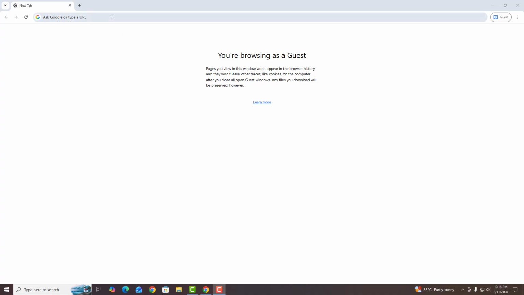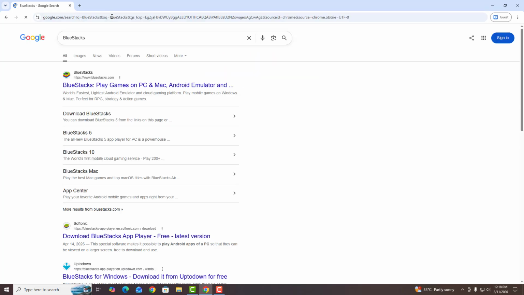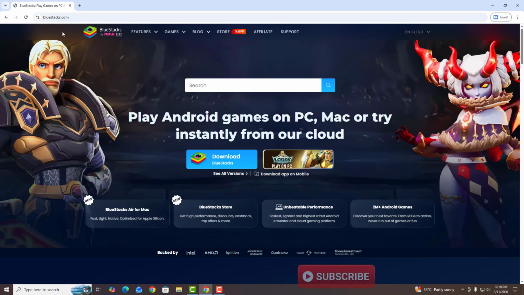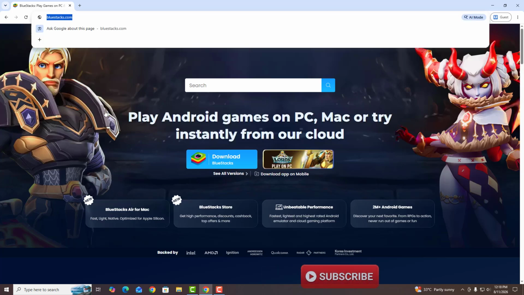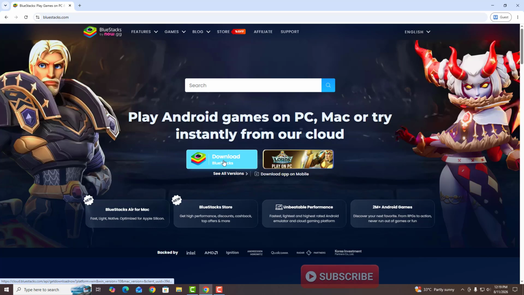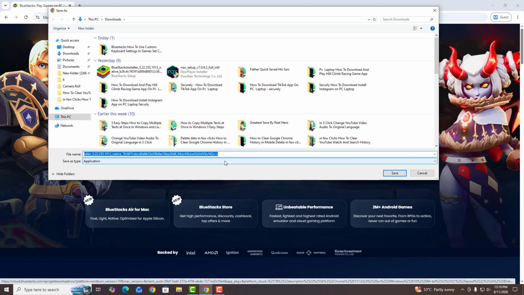First, open a browser and search BlueStacks. Now, go to the first website, bluestacks.com. Now, click on the download option. And if you download this software,